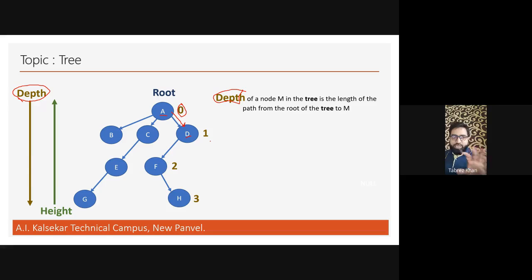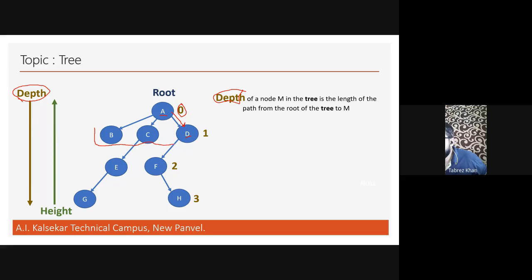This way I can find the depth of any node. So the depth of A is 0, depth of B is 1, and likewise, the depth of C is also 1, depth of D is also 1. Depth of F is 2, and so the depth of E is also 2. Depth of H is 3, and so the depth of G is also 3. Now, you should understand that the depth of B, C, and D